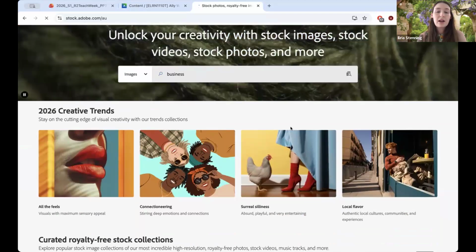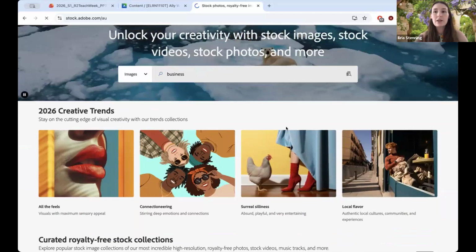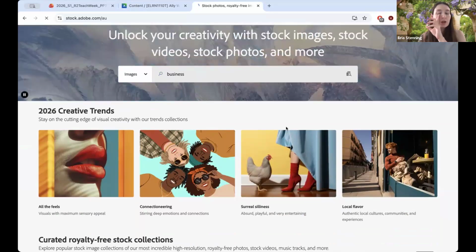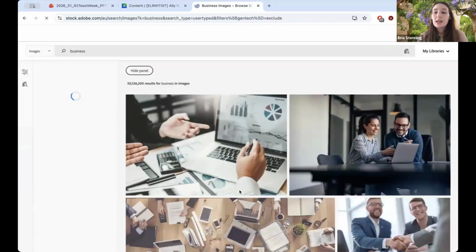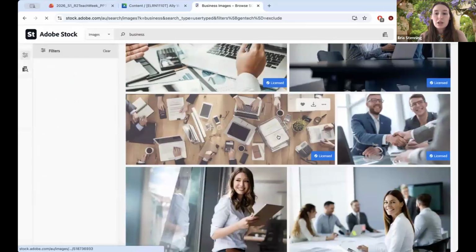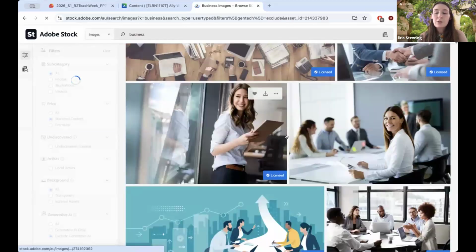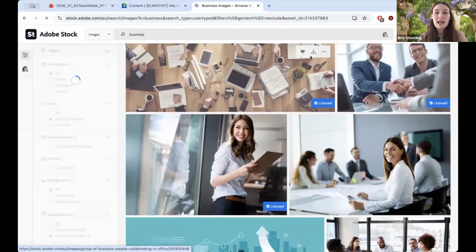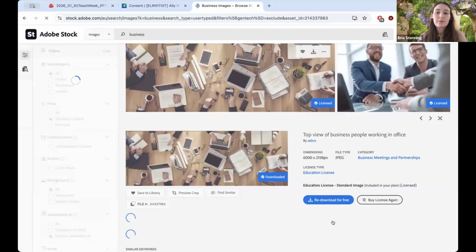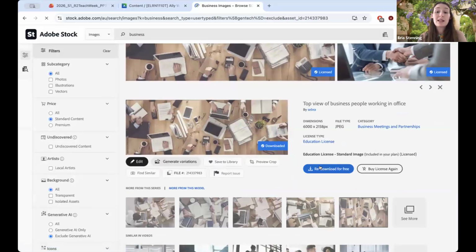Just give it a moment to find. So again, these galleries have so many pictures for you to choose from. You'd essentially find the image that you want to use, that you think would suit, and then you license and download that image. And if it's been re-downloaded by someone else in the university, you'll have a re-download instead of